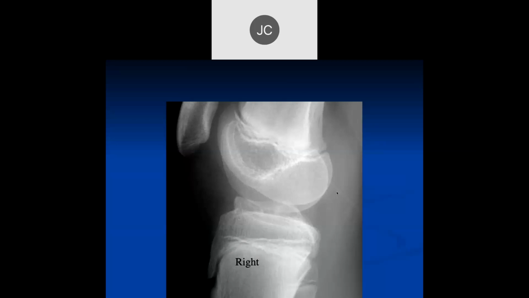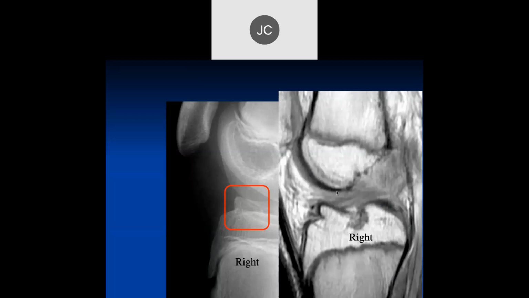Okay, sagittal radiographs. Looking at the tibial plateau here. So, let's see. I'm not sure. So here's the plain film. Here's the MRI. Okay, so that tibial eminence there, maybe there was a fracture and it's healed because it looks deformed. Right. So this is actually a case where you had a bony avulsion of the ACL